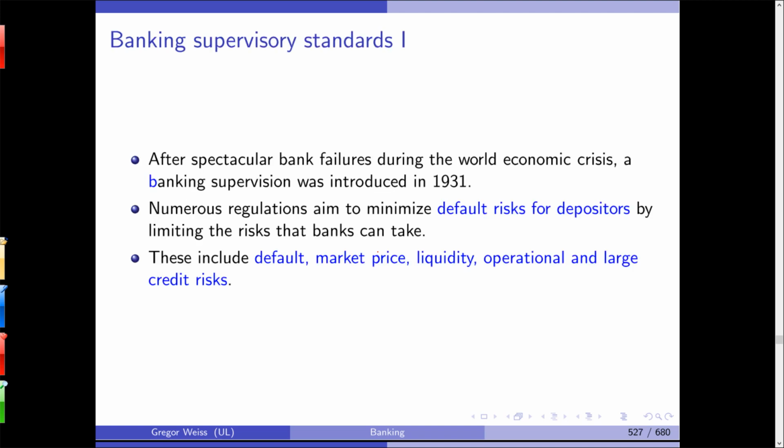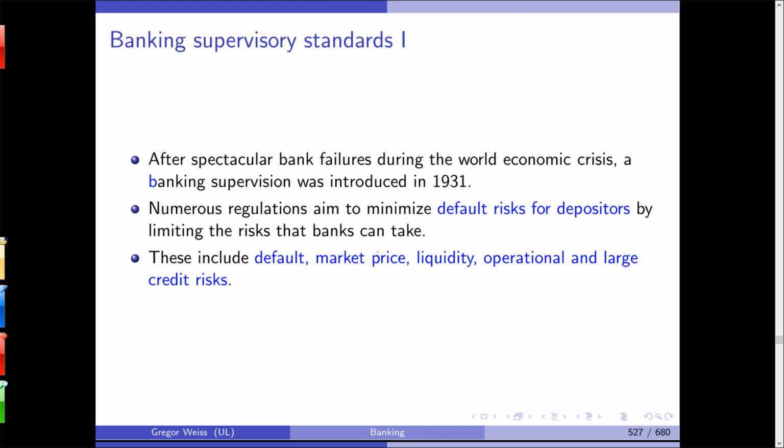Now, in almost all countries, it all started in the 1930s. Why? We had the Great Depression in Europe and United States, and as a result, many banks failed. Back at that point, in many countries, we didn't have deposit insurance. At some points, we didn't even have bank regulation or supervision. Banks and financial institutions could do all they want, and during the Great Depression, governments and politicians saw that banks needed to be regulated. So this is when it all started, and the result was that because of the default risk for depositors who lost their deposits with deposit insurance being absent,